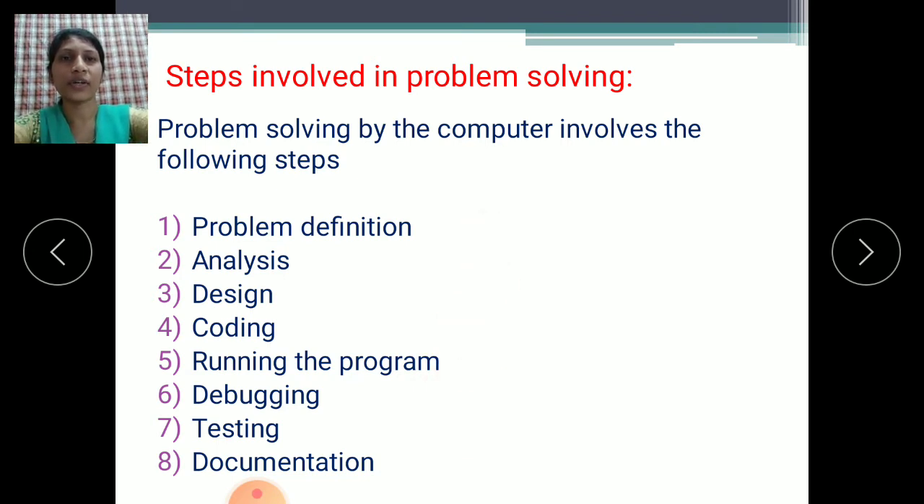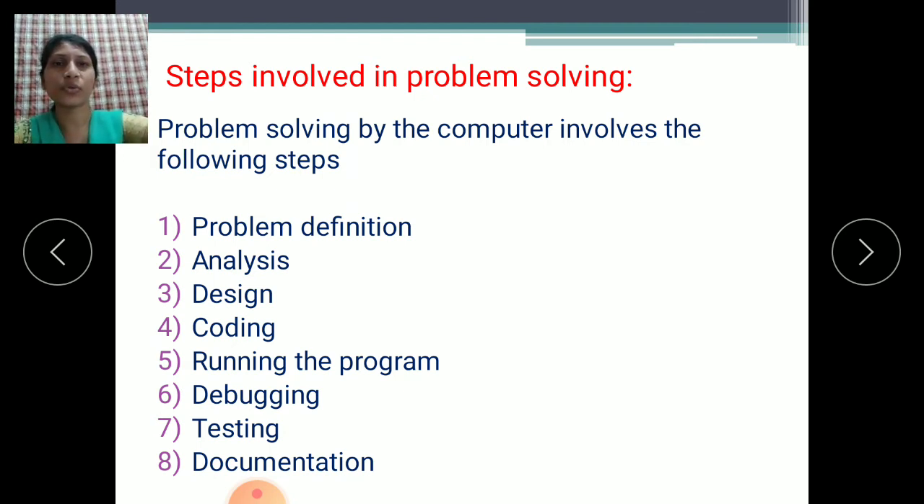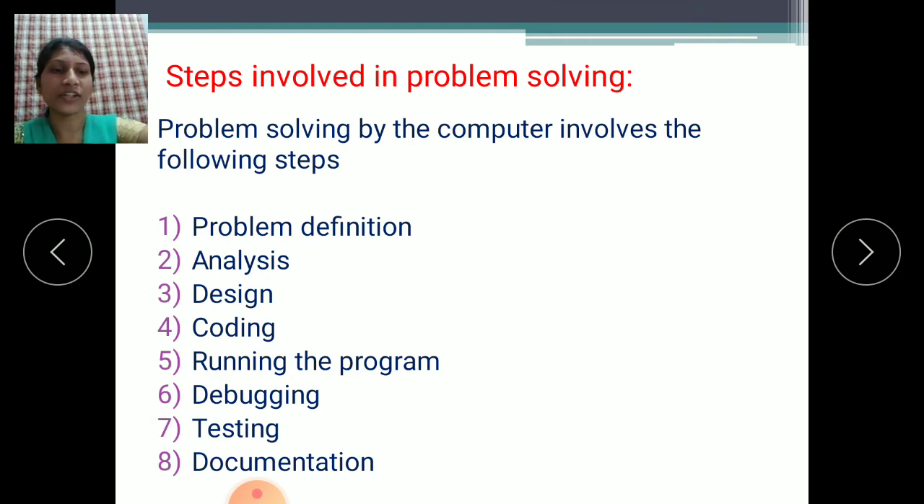See here, the first one is problem definition. What does problem definition mean? If you want to solve any particular problem, we should first know the problem definition. Problem definition is the first step in solving a problem using a computer. The person who is solving the problem should understand the problem thoroughly. That means he should know what are the